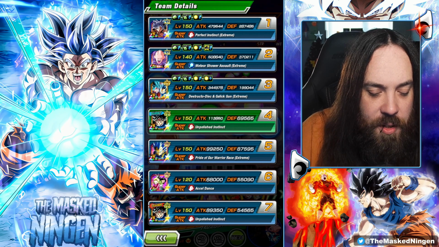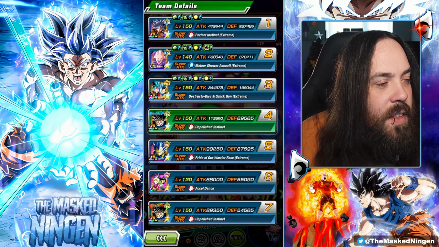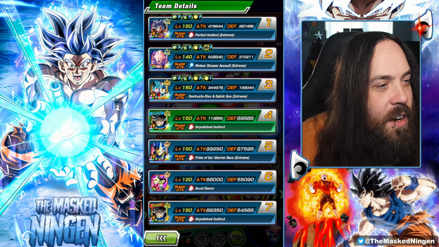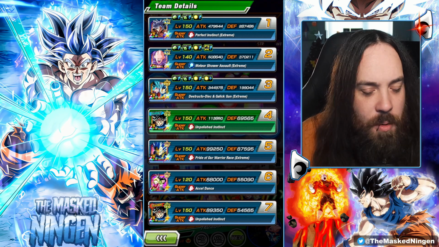So we're running him on the Tech UI Goku team. His 200% leaders are Tech UI, and then it's Hardudagan, Android 21, Kale, and then Gamma 1. So in terms of meta relevant leads, this is the team you want him to be on,